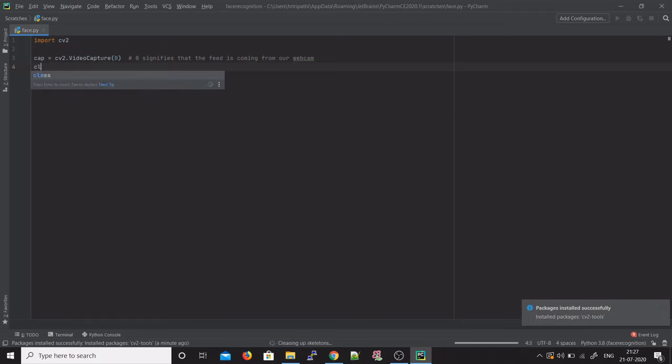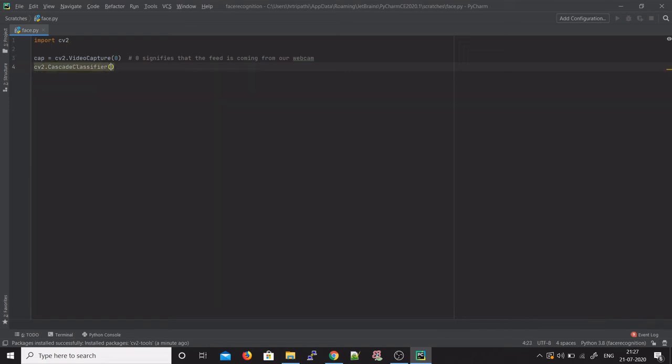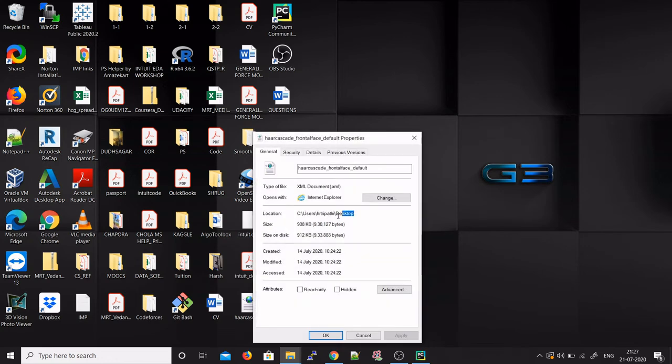I've already got it downloaded on my device, so I'm going to be writing that down. There is a function in CV2 called cv2.CascadeClassifier, and I'll be passing the Haar Cascade absolute path to that. As you can see, I have the Haar Cascade here with me, and its path is C, Users, H Tripathi, Desktop.